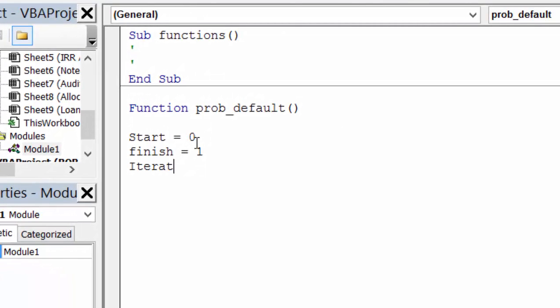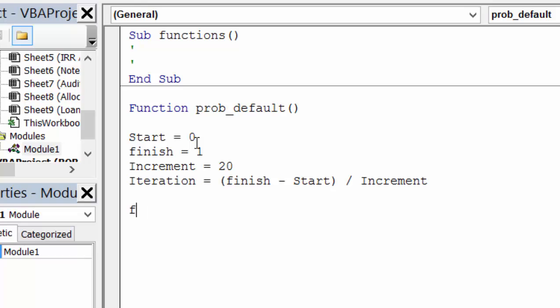iteration, increment, and then our iteration is finish minus start divided by increment. Sometimes I think I do it differently, don't I? Okay, and then so we're going to